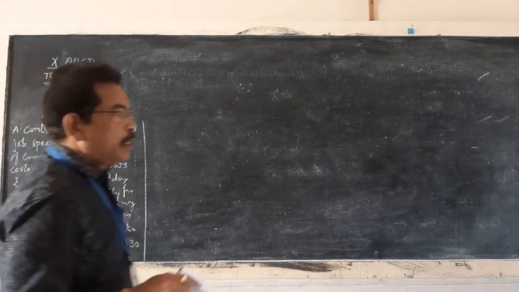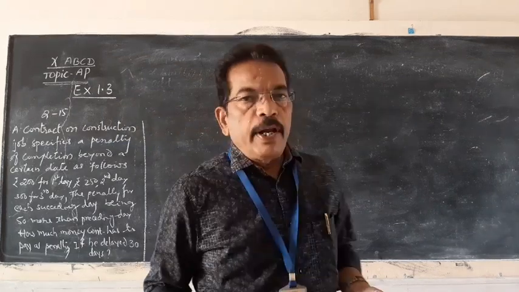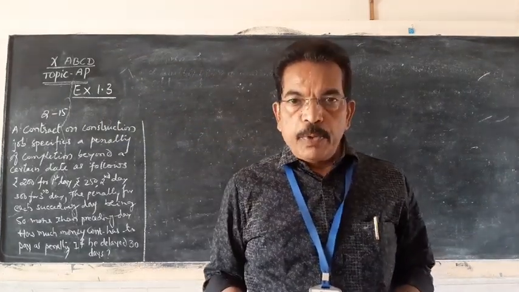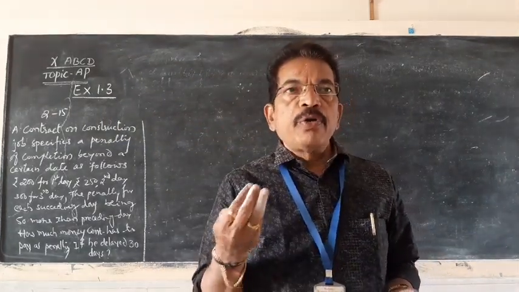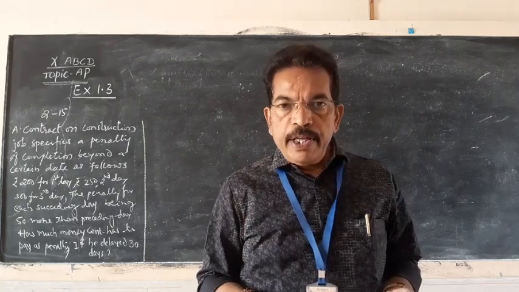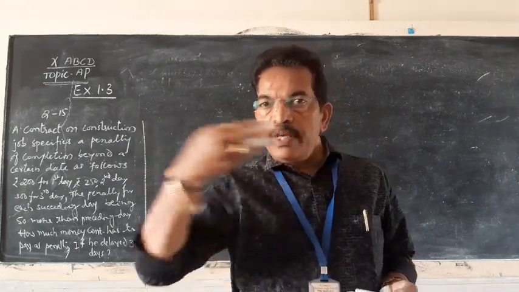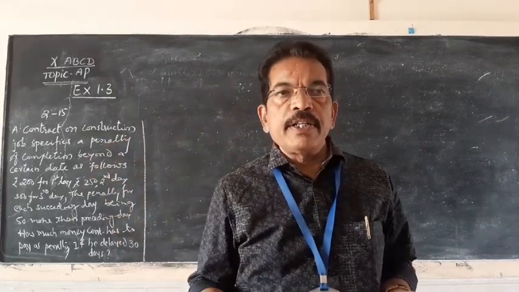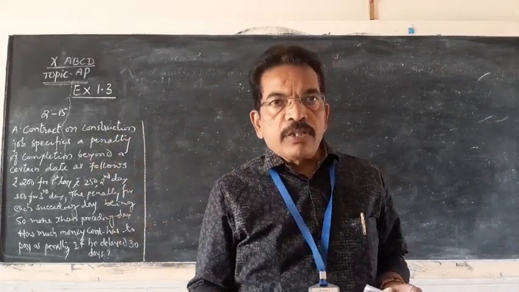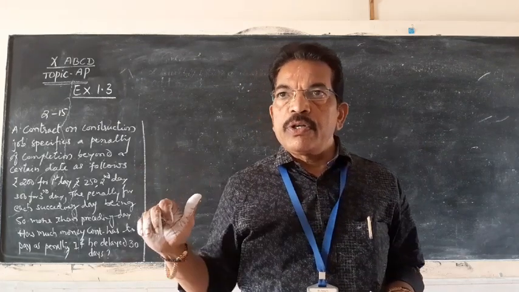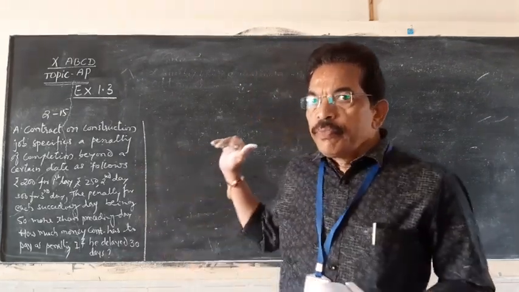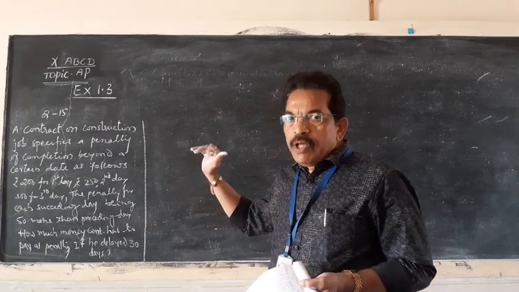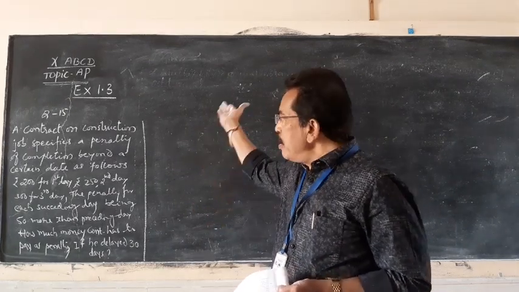See, this one is the verbal problem related to arithmetic progression. We just have to read the problem carefully, then we have to set the AP terms. As usual we have to find the common difference, and we have to keep an eye on what they have asked. So after knowing the problem very well, we should continue solving.